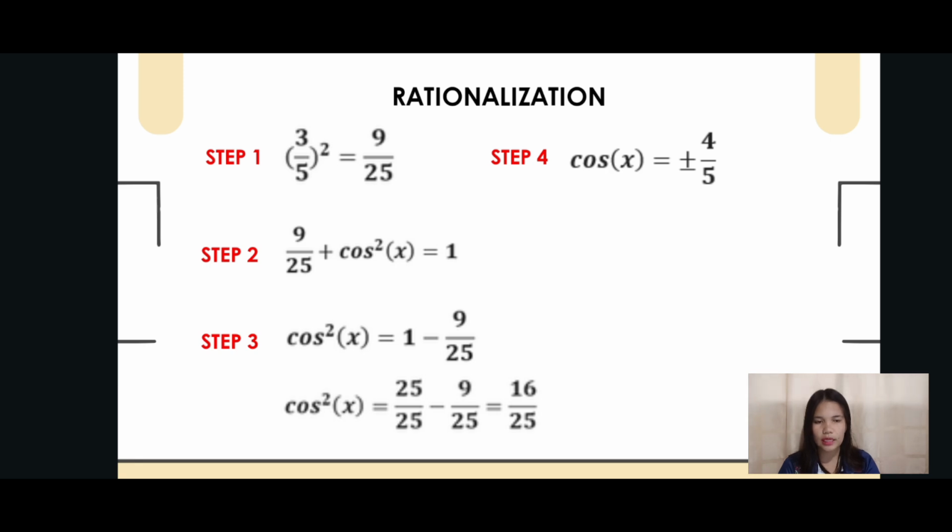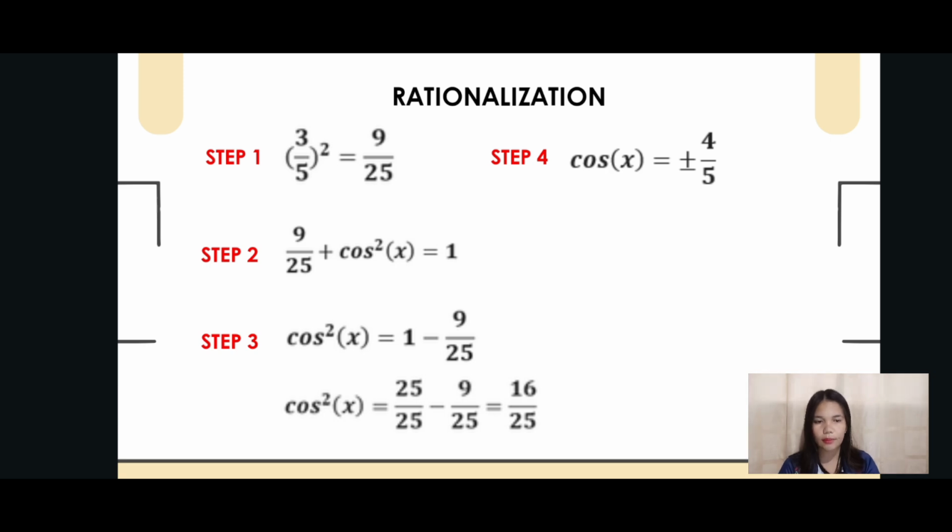So 16/25. Is it a final answer? No, because it can still be simplified. So 16/25 can be divided into what? 16 can be divided into 4, and 25 can be divided into 5. So the final answer for this is cosine squared of x,